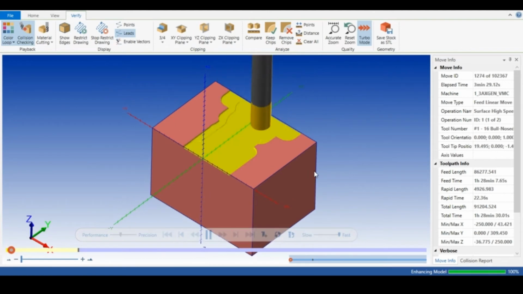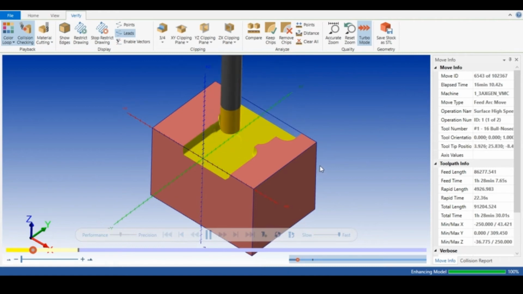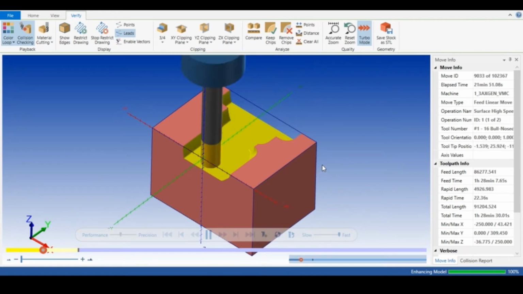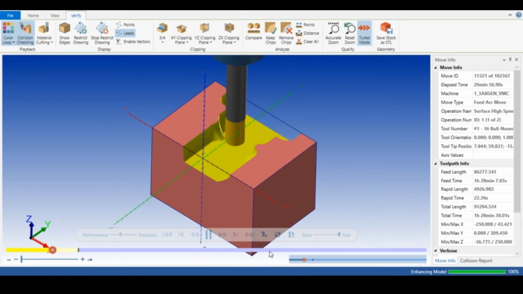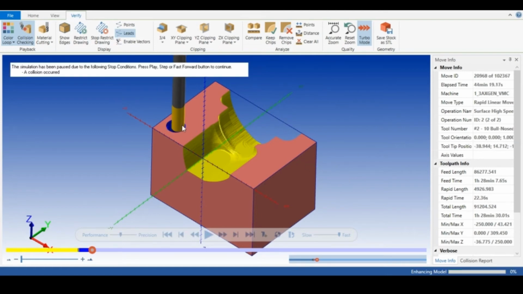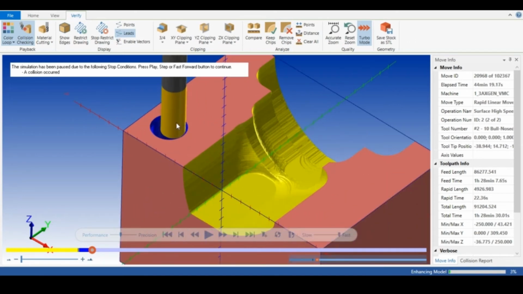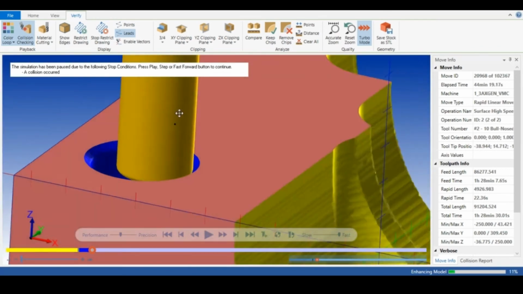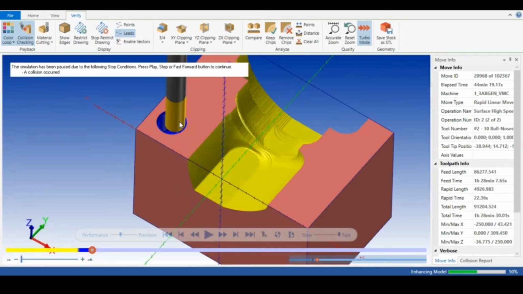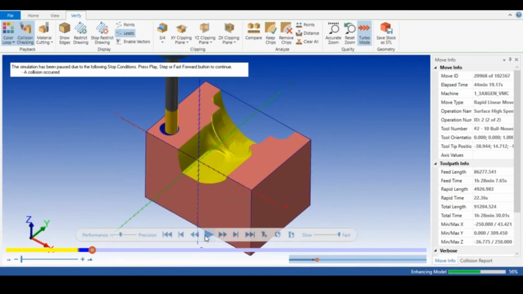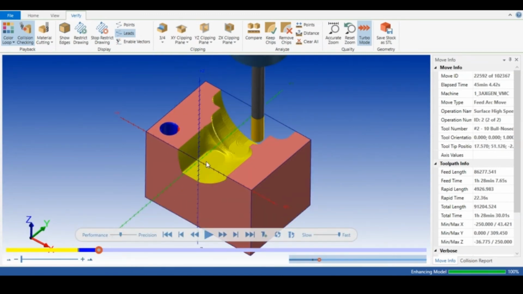Let us play the toolpath. It is the first tool, diameter 16 mm. A roughing operation is going on here. In the next tool, the rest roughing operation, we will check how it is removing the material in the corner area left by the diameter 16 mm. Here the collision is found, and the software indicates the collision. The tool has machined the hole, and when coming back and shifting to the other hole, it found the collision, you can see.